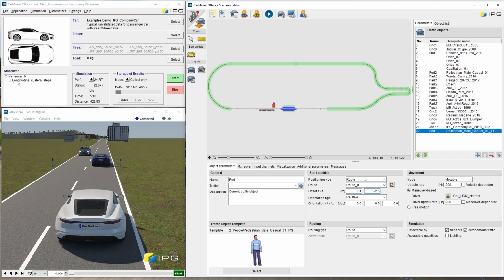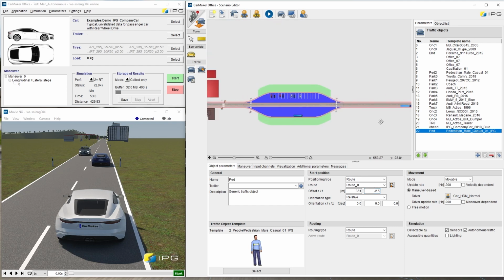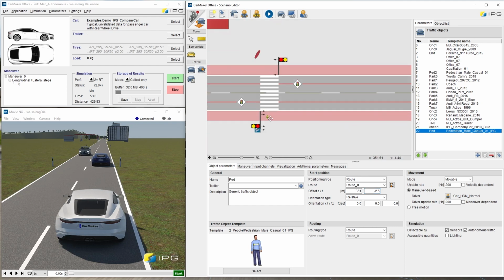So the pedestrian stays on the footwalk at the beginning of the scenario. Like here. We set the movement mode to movable, which is already set as default, and activate the options for autonomous driving also, which is already checked.